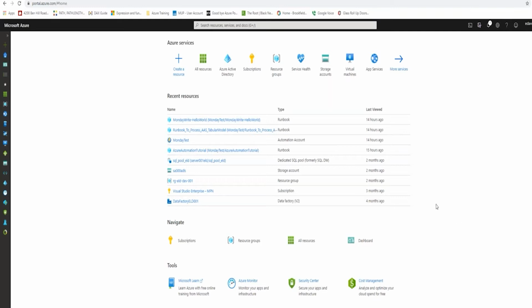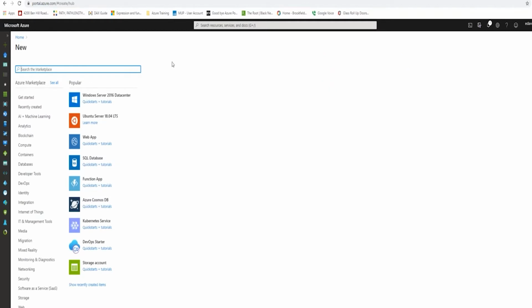So to be able to do that, your Azure environment would likely look different because you can always set it up to look any way. But you'll see a grid that says all resources, and you can go ahead and also create a resource or add a resource. So if you clicked in and typed in automation,